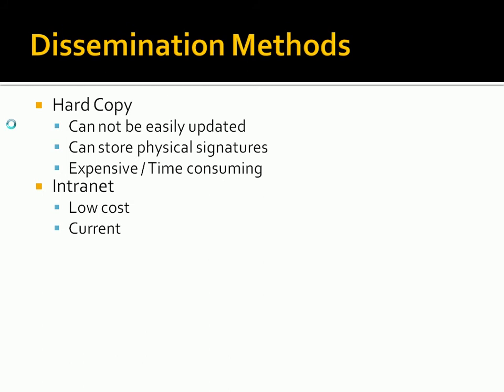You don't have to worry about stuff being out of date. I mean, it can be out of date if you don't maintain it, but you don't have to worry about somebody having an old copy of an old procedure or policy, because anytime somebody tries to access a procedure or review a standard in the IT security policy system, they're always going to get the latest version. In something like SharePoint, you can certainly set it up where someone can look at an older version of a document, but by default, they're always going to get the latest version. So they're always working with the current version of the document.